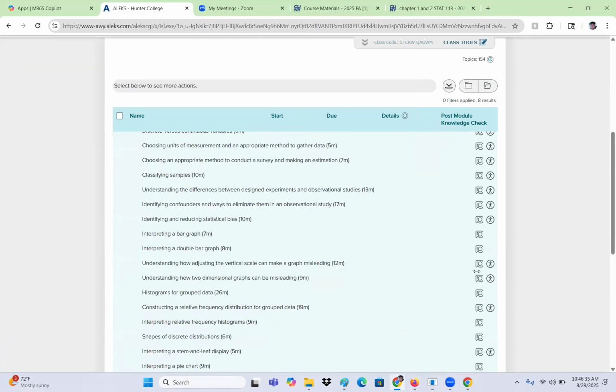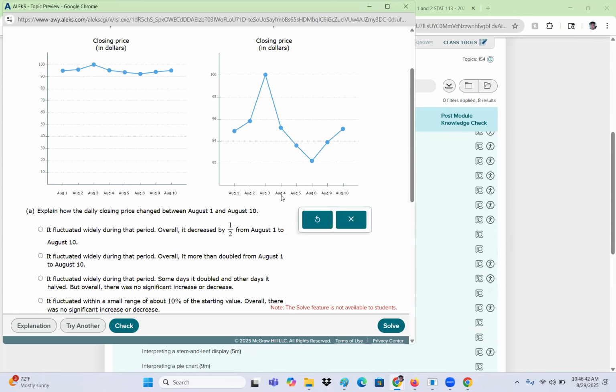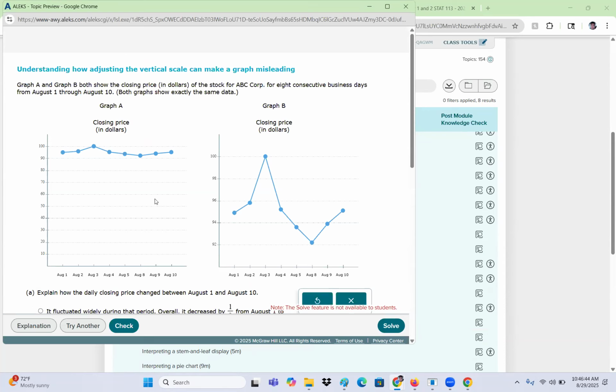Okay, so let's move up to the next one. Like I said, I still have half an hour to finish objective one. I don't think I have time to go over all of this. Understanding how adjusting the vertical scale